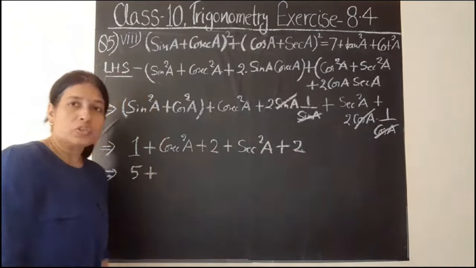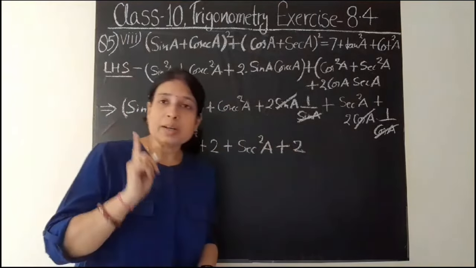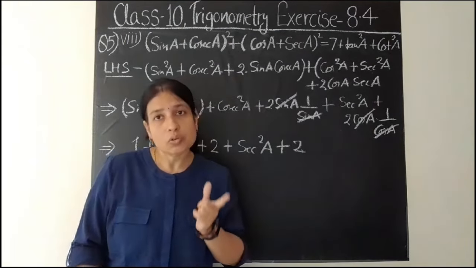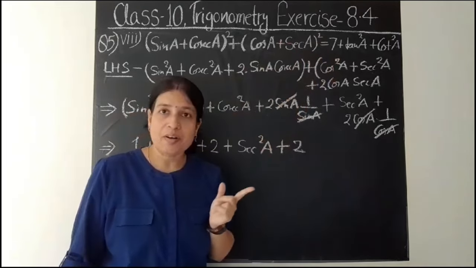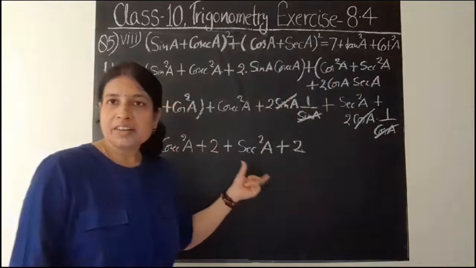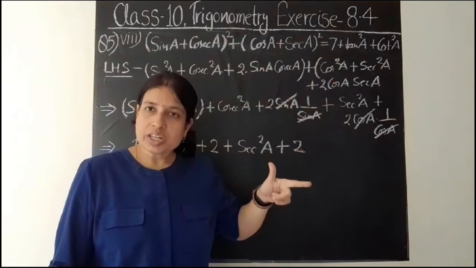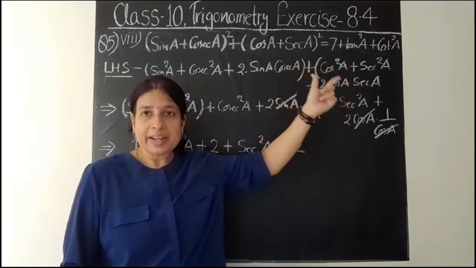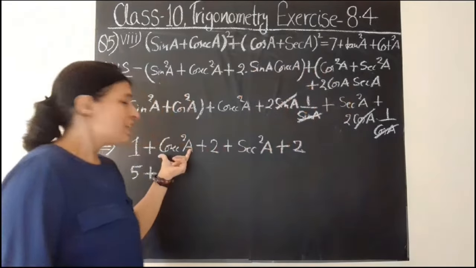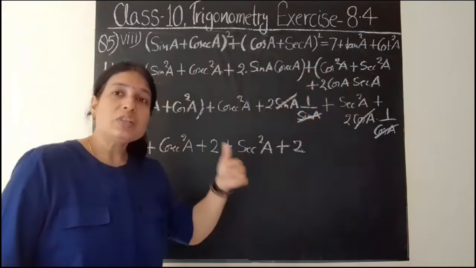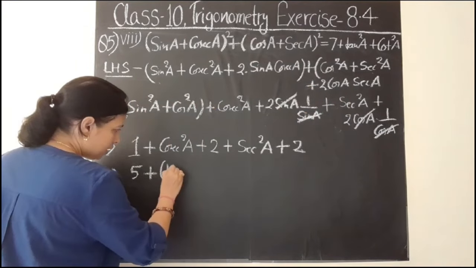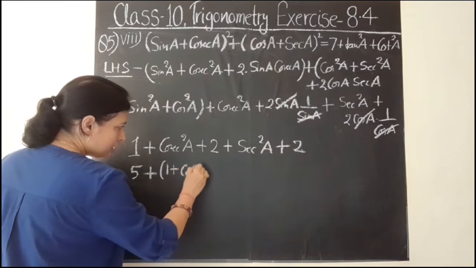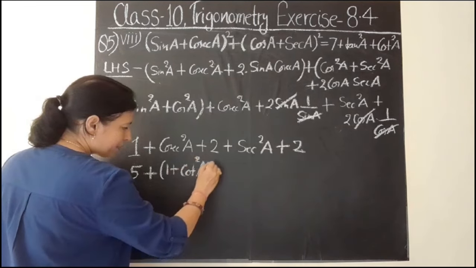So in place of cosec square A, you know that 1 plus cot square A is equal to cosec square A. हमें RHS किस फॉर्म में लाना है, tan और cot के फॉर्म में लाना है, कोसेक और सेक के फॉर्म में नहीं लाना है. सो कोसेक और सेक को चेंज करेंगे tan और cot में. सो इन प्लेस ऑफ कोसेक स्क्वायर ए यू विल राइट 1 प्लस cot स्क्वायर ए. Okay, so write here 1 plus cot square A.